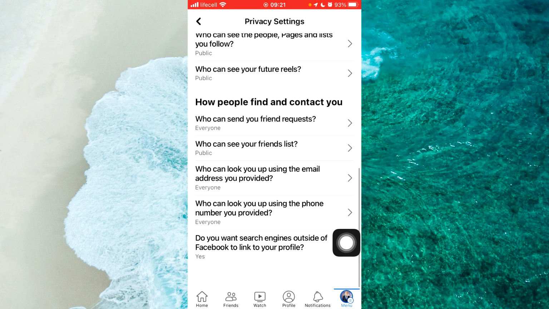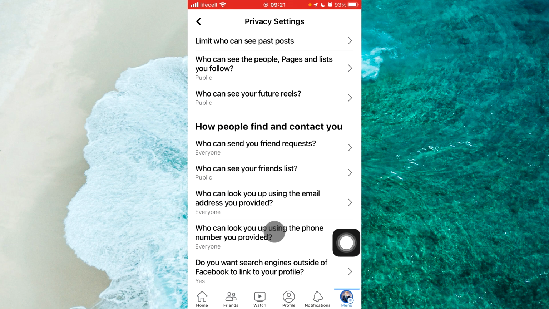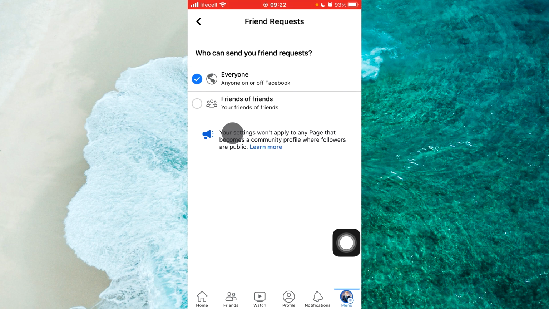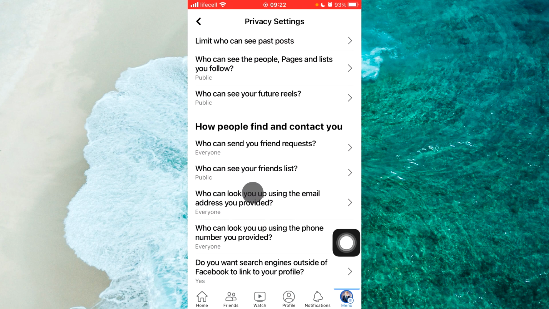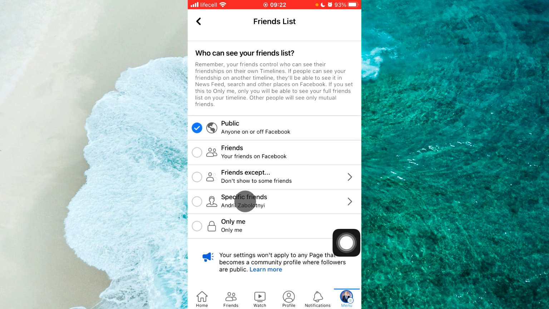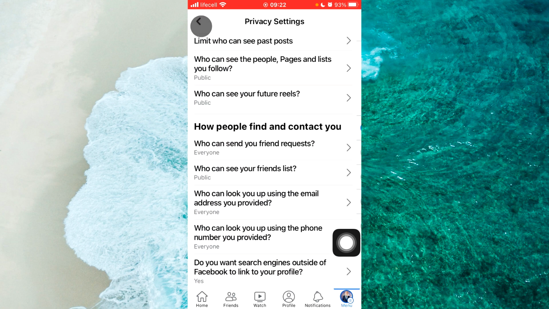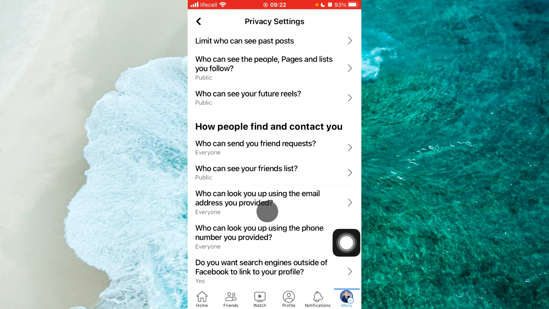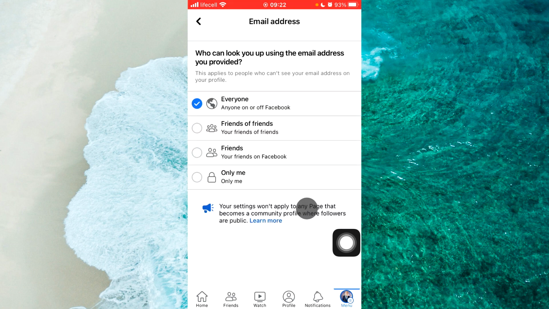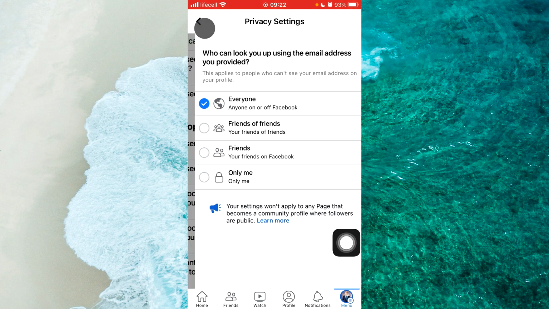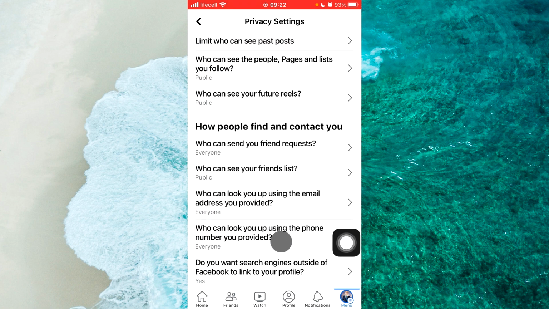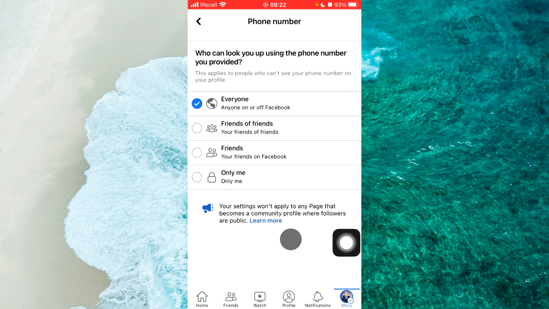Scroll down, how people find and contact you. Select who can send you friend requests, and of course you can select only friends of friends. Go back, select who can see your friends list. Tap on more and tap only me. Go back, select who can look you up using the email addresses you provided. Then select only me. Go back, select who can look you up using the phone number you provided, and then